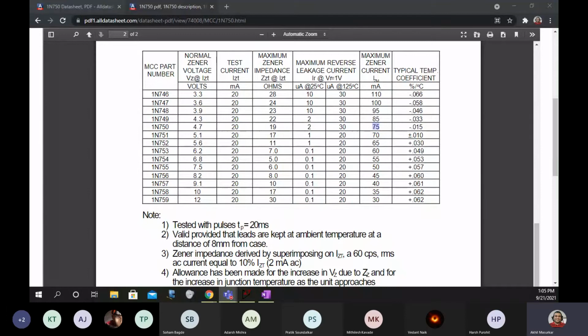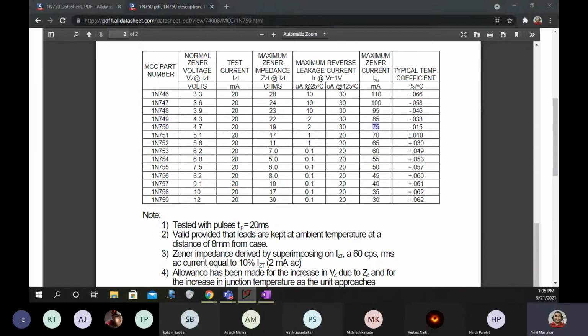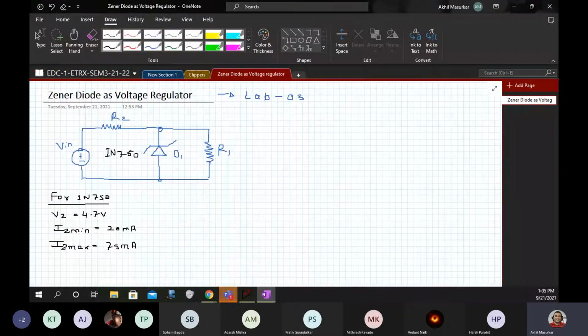You can see that this is what I have posted in the chat box. Are you all able to see the link? If yes, write yes in the chat box. Okay, that's fine. Very good.